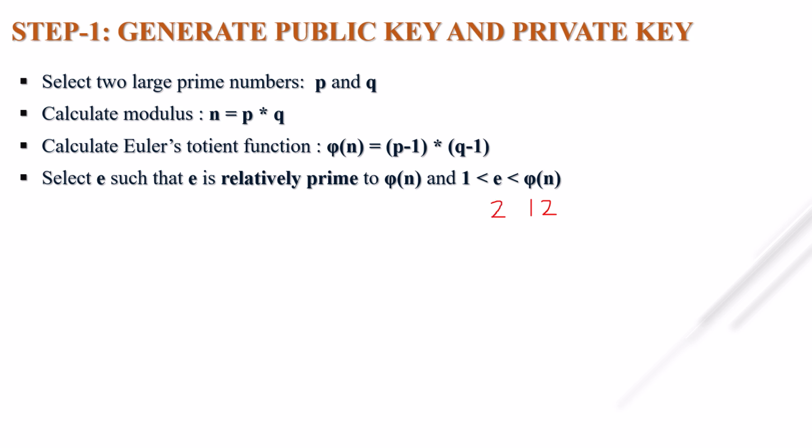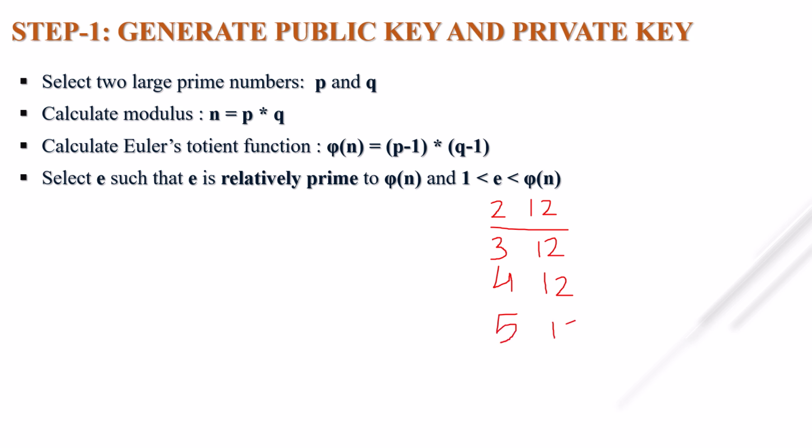then how can we check whether E is relatively prime to the totient function of n or not? The common factor of 2 and 12 is 2 actually. Okay, so if I select 3, the common factor of 3 and 12 is 3. If I select 4, the common factor of 4 and 12 is obviously 4, because we can divide 12 by 4, 4 into 3. Now if I select E equal to 5 and our totient function is 12, then the